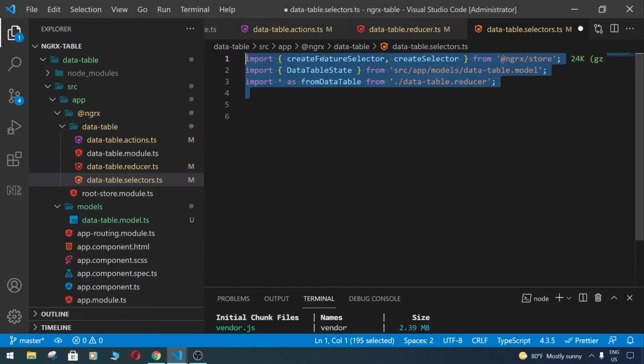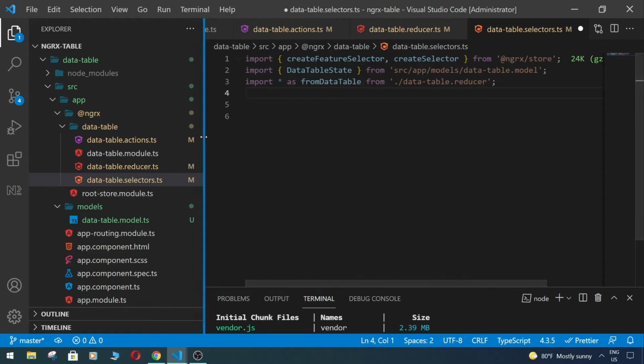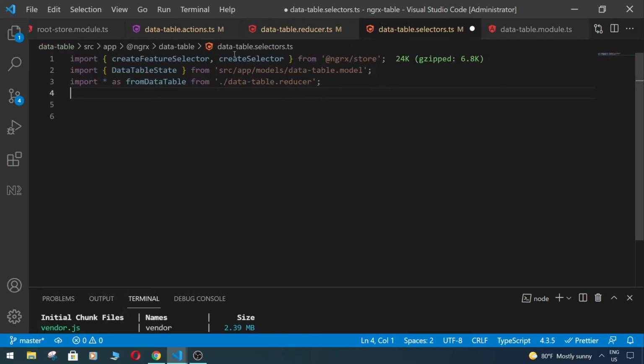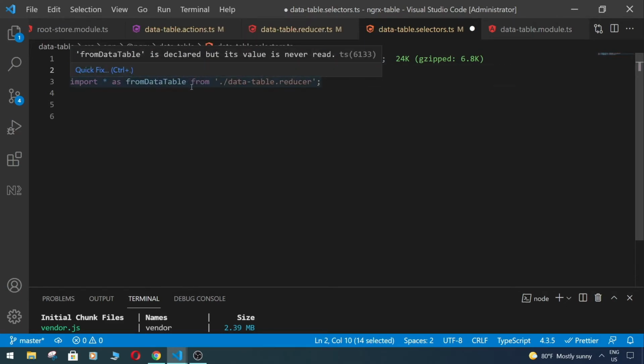So first of all, we do imports of createSelector and createFeatureSelector. We import our model,